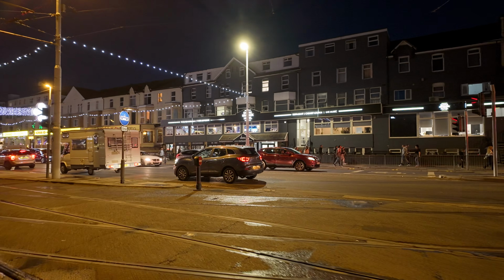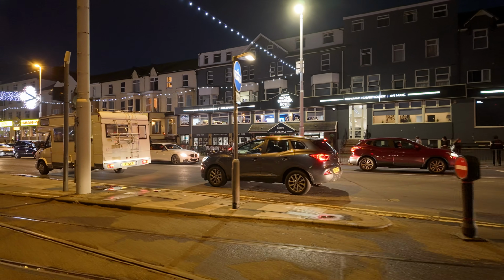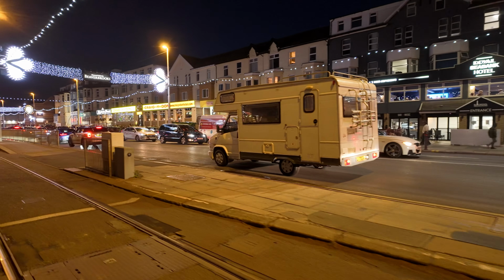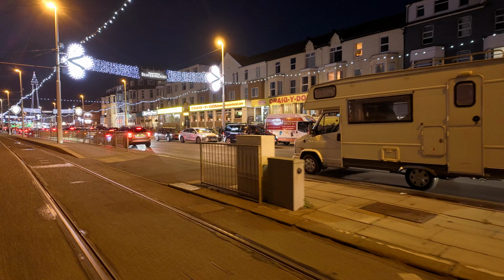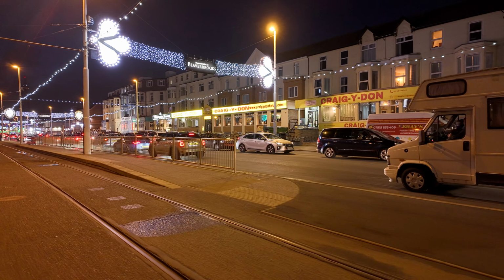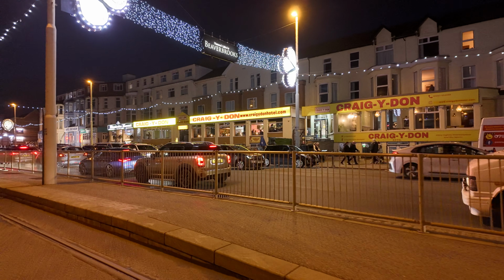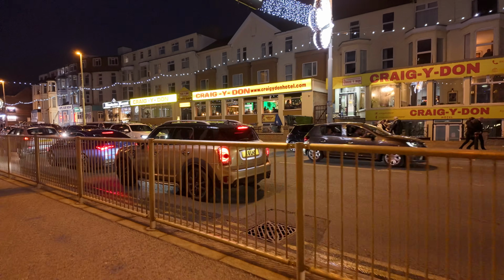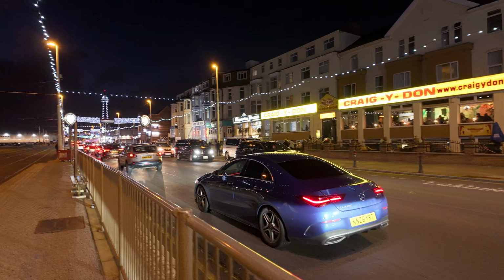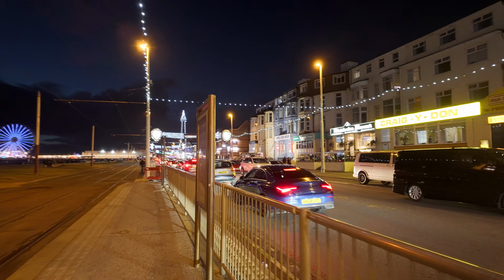We're just looking over towards the hotel. The hotels are looking pretty full. We've got the Royal Sea Bank over there. Look at this now, look at this traffic. It's looking pretty busy, isn't it? And we've also got illuminations weather as well. We've got gusts of wind 35 miles an hour tonight. So that's what we call here in Blackpool illuminations weather. But it's not quite as bad as it could be. You might be able to see that they're swinging a little bit as we head past the